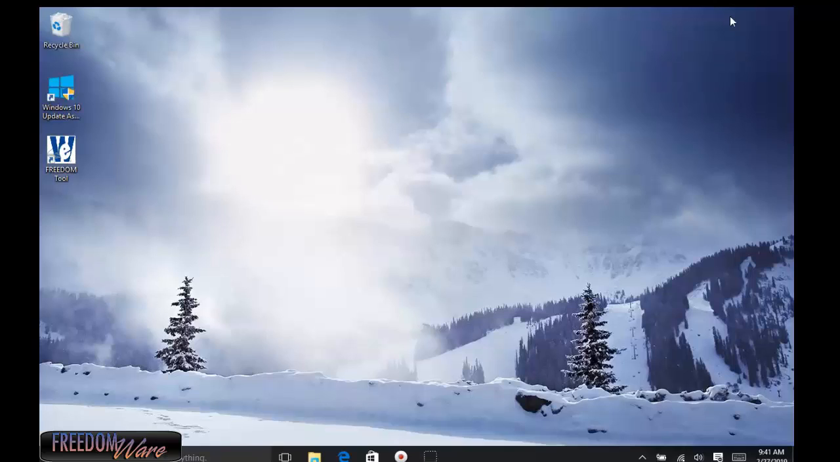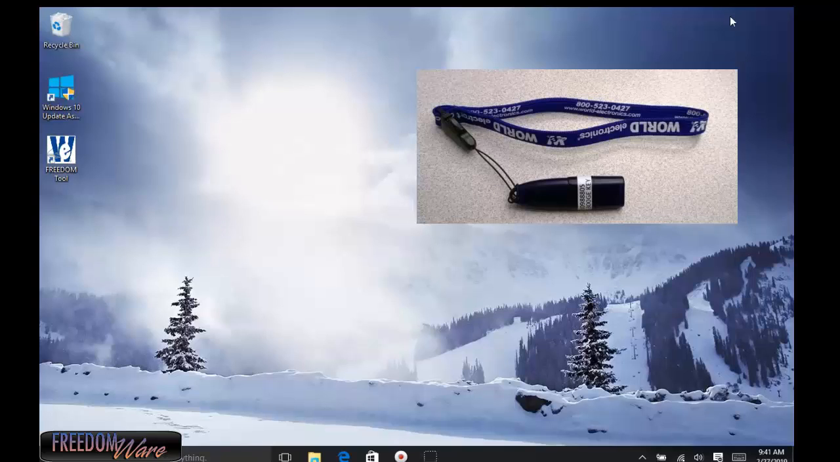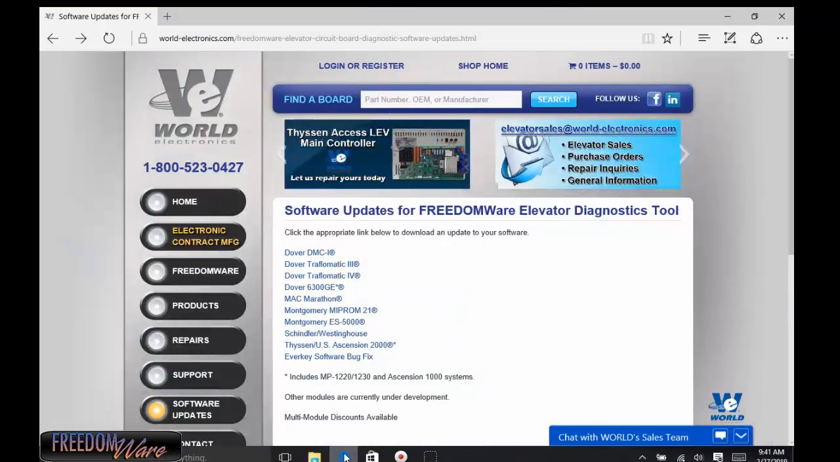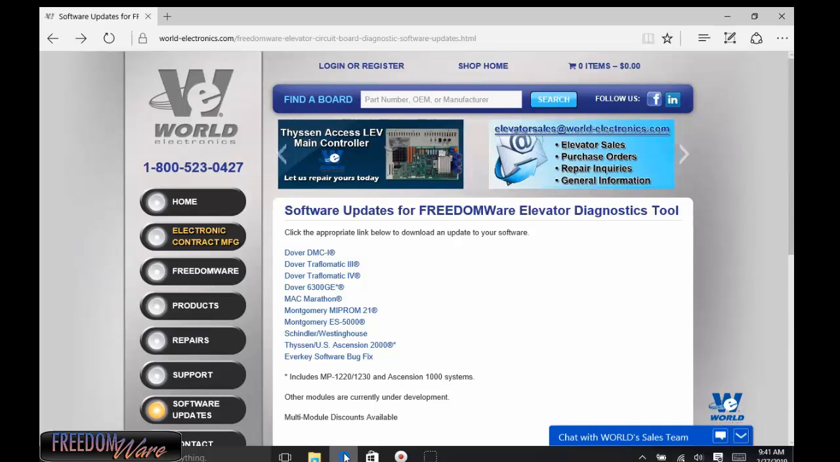In order to successfully install a Freedom Tool software update, you will need an internet connection along with your Freedom Tool security key. Once you have everything you need to install the software update, you should go to the software updates page on our website. I have provided a link in the description that will take you to the page you see on my screen